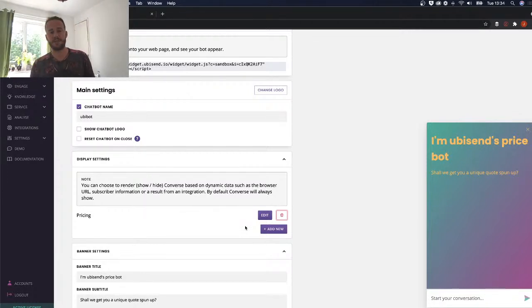We appreciate that there might be, say, specific pages on your website that you don't want to have a chatbot on, maybe something like your privacy policy or your cookie policy, not a huge amount of need for your chatbot there, or let's say, for example, if it's maybe the checkout page, obviously the end goal for any checkout page is going to be that they check out. So you might remove the chatbot off there just to help keep conversions really focused, or you